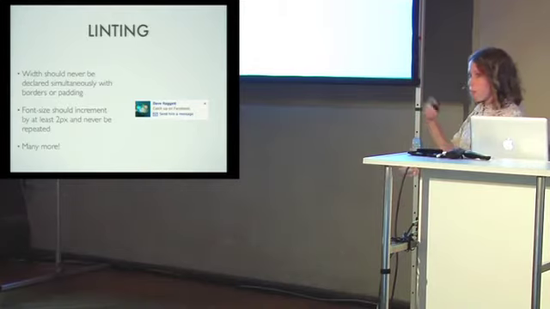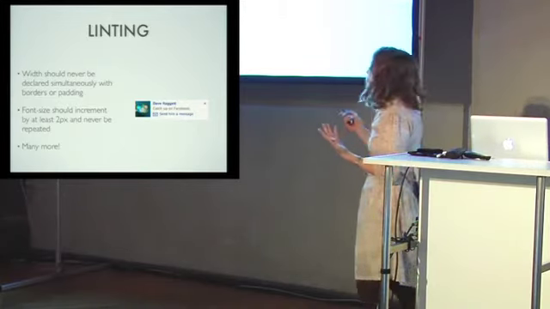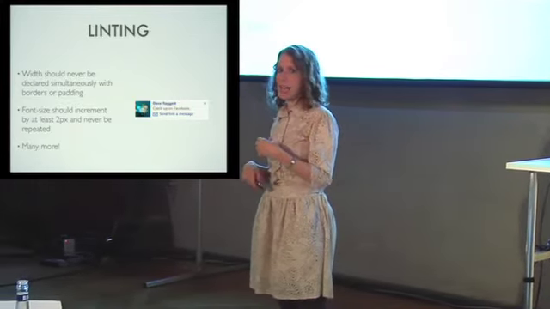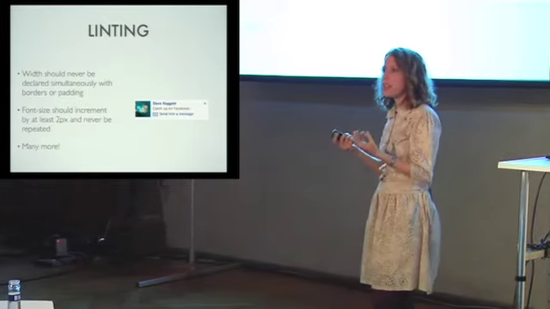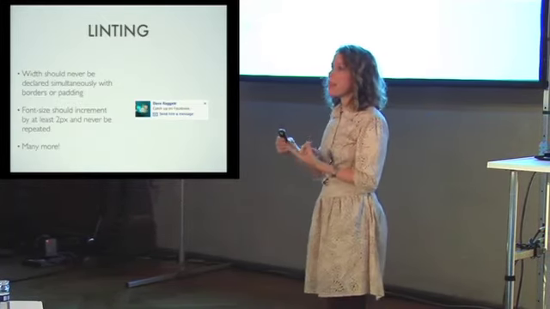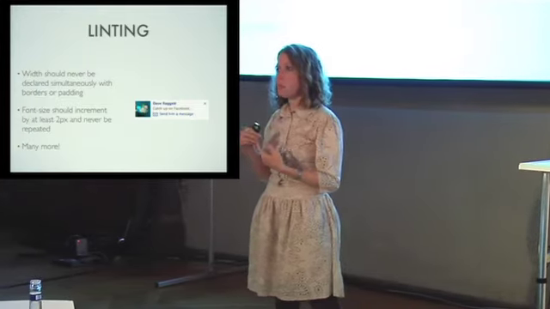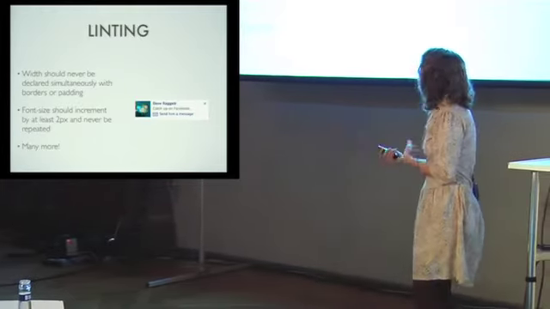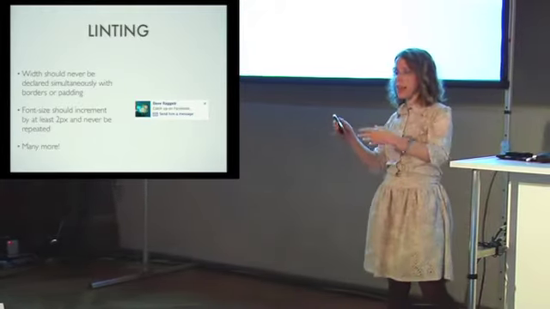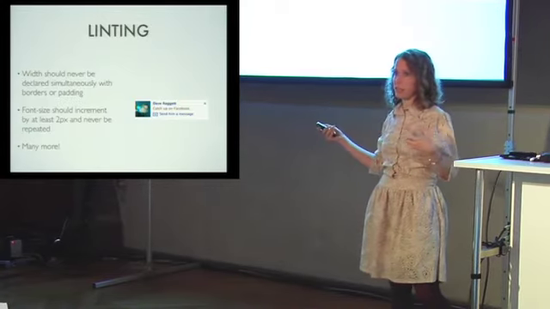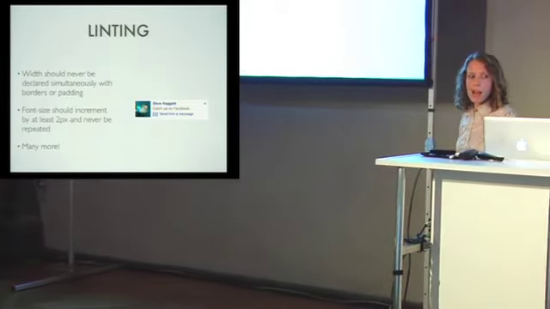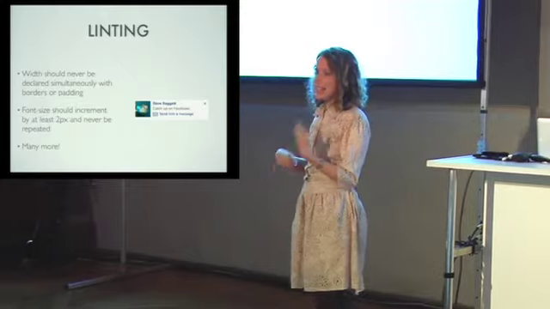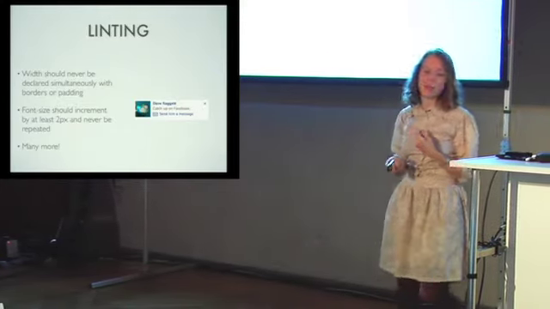Linting can give us more information as well. Simple things. I started looking at all the old websites that talk about the broken box model and things like that, and realizing that most of what it was saying was actually machine testable. So you shouldn't declare width and padding on the same element, or width and borders on the same element. I can parse through the CSS and figure out if someone's done that without ever actually having to look at the site and say, oh, this thing is larger than 100%, clearly there's a box model error. As well, font size increments being more than 2 pixels at a time and never being repeated. I can test that automatically, so I don't have to go through and do it by hand.